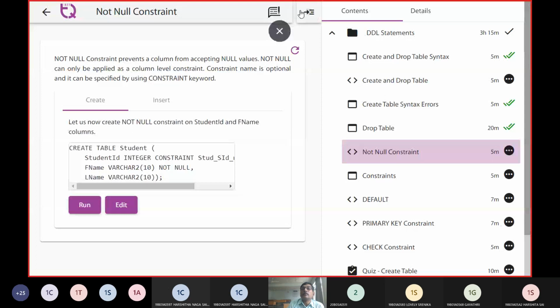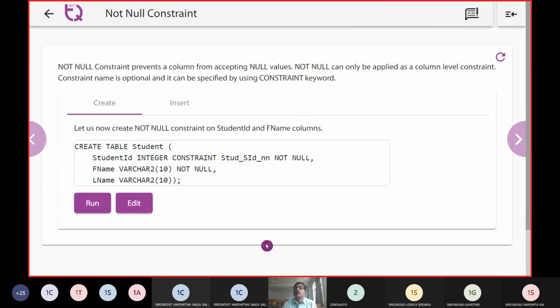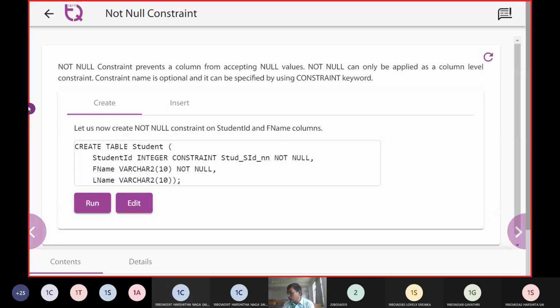The next interesting case we need to look at in the execution part is to use the not null constraint. We do not want the table columns to be empty.